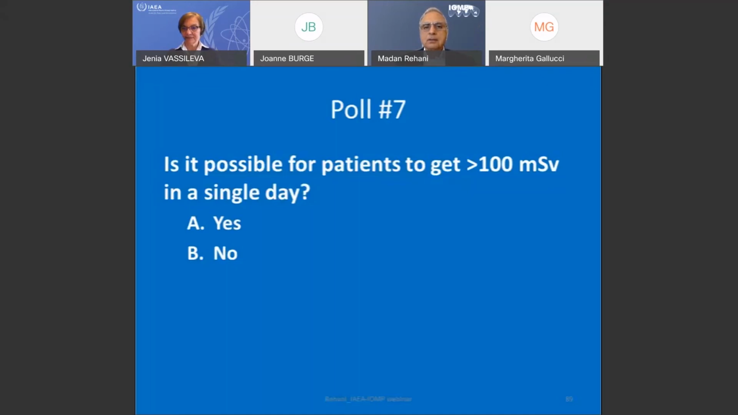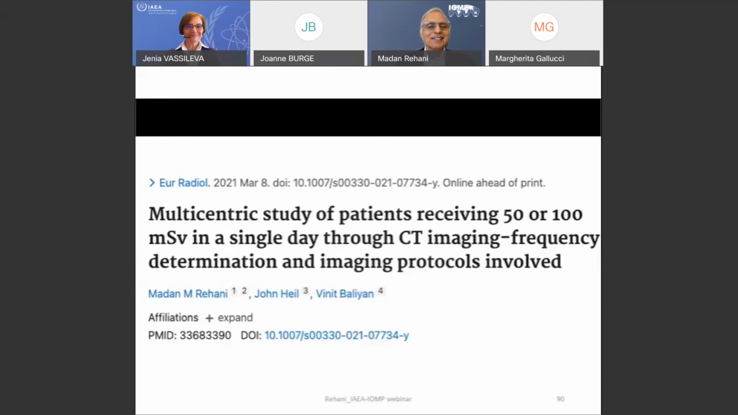Almost 60% submitted their answers, so I'll stop the poll now. So 42% did not attempt. 36% said yes. Oh, that's interesting. 21% no. Yes. So this is the paper which was